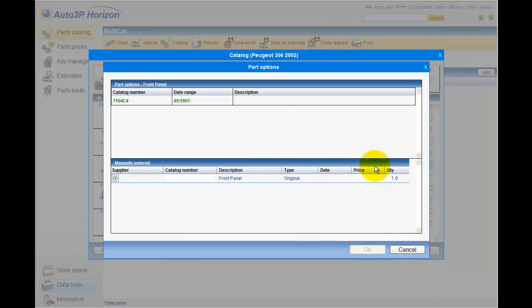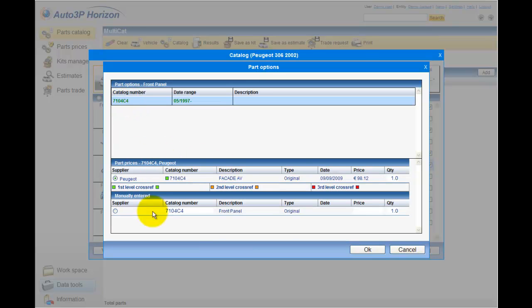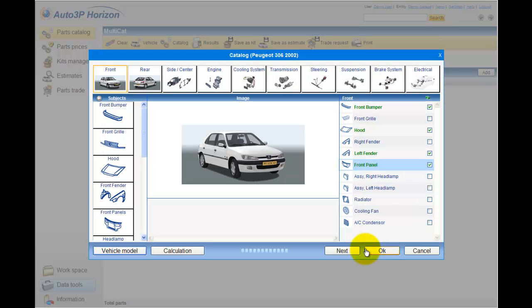It will open the catalog number for this part, and if I click on this catalog number, I can see its prices coming from Multiprice, and I can select the exact price with the exact catalog number I would like. Click OK,